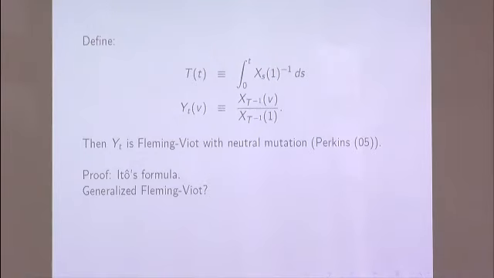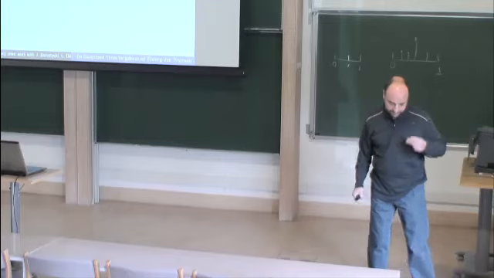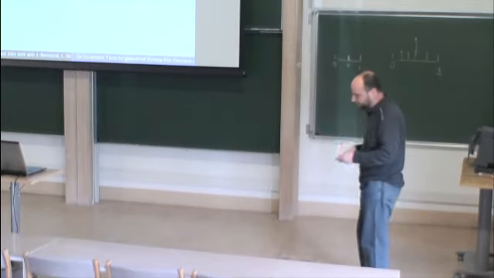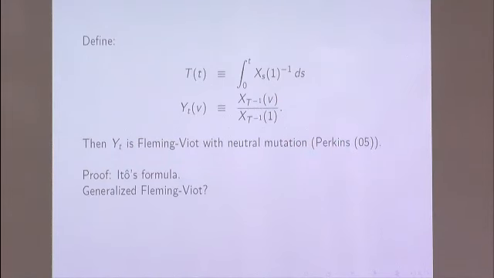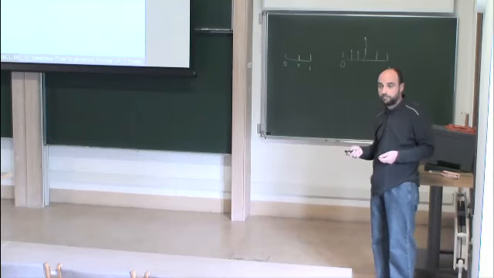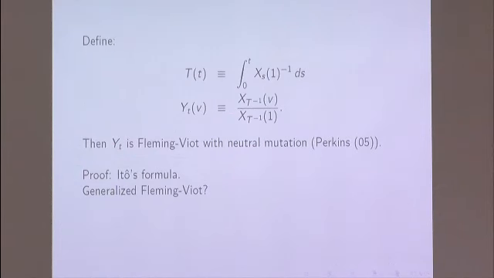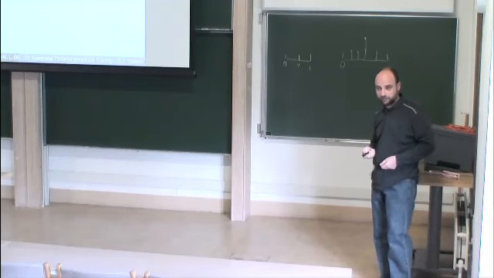To my knowledge, it's not Perkins 05. It was much earlier. Sorry, it was 91. In a more general case, it's called Perkins' disintegration theorem. But whatever is written here, it's just the Itô formula. You know this process, you know its semimartingale decomposition, you do this transformation, and in 15 minutes you can get that Y_t satisfies the right martingale problem if you do this.